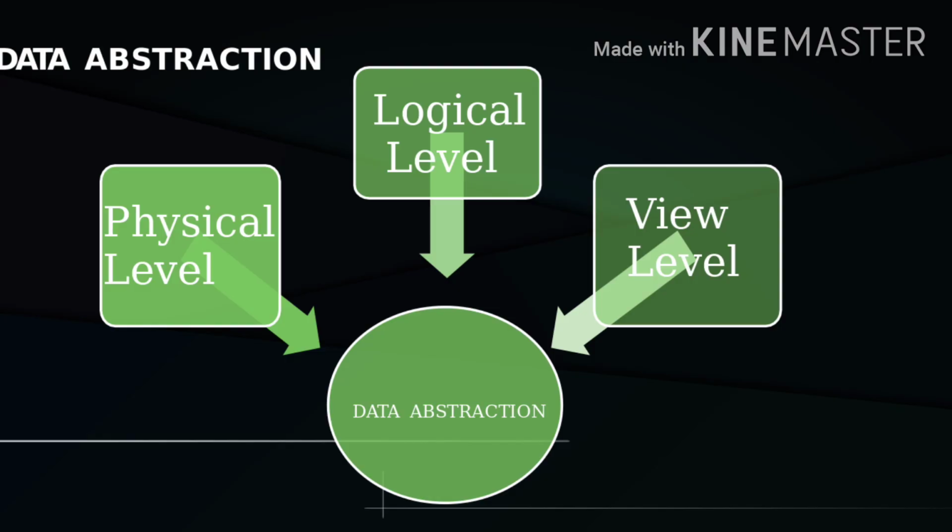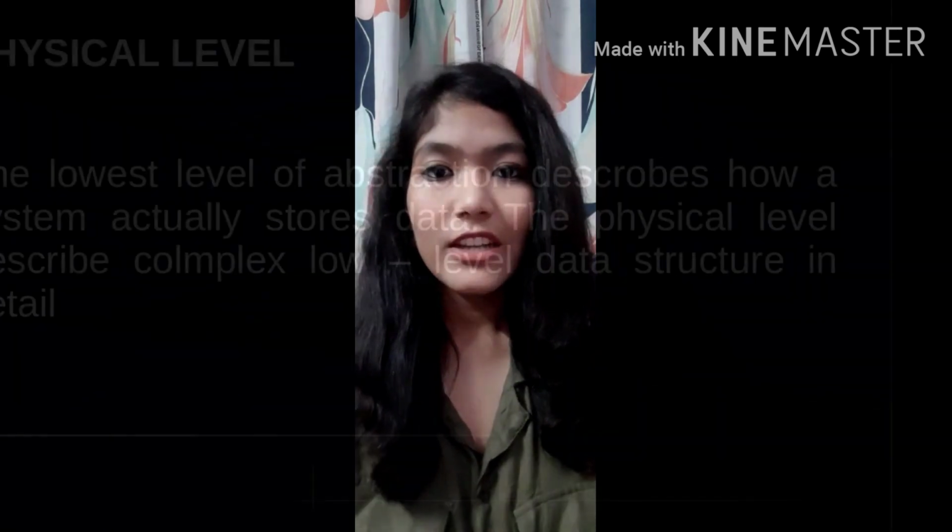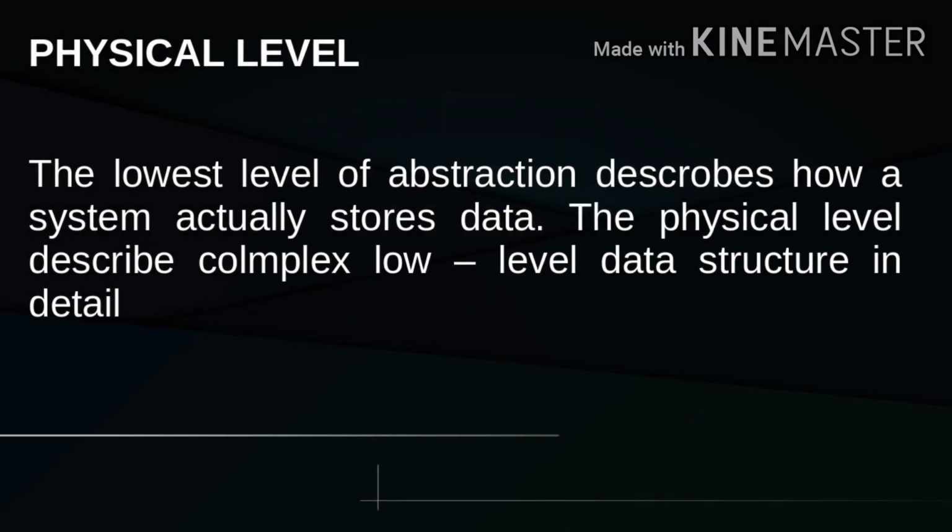The main objective of this architecture is to effectively separate the physical database and the user interface. There are three levels in the three schema architecture: physical level or internal level, logical level or conceptual level, and external level or view level. The physical level or internal level schema describes how the data is stored in the hardware. It also describes how the data can be accessed. The physical level shows data abstraction at the lowest level and has the complex data structure. Only the database administrator can operate at this level.